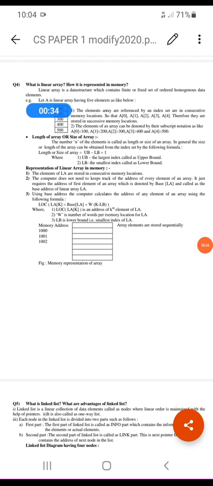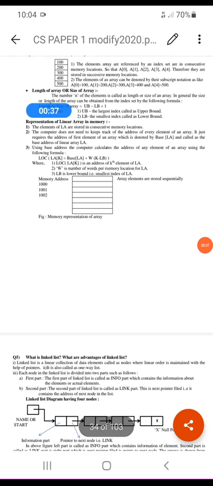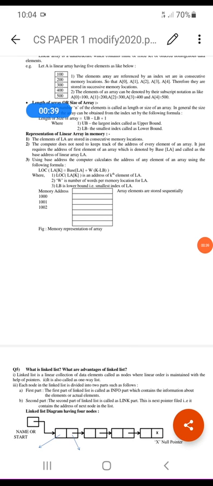So the array requires two things to define. The first is the size of the array, and second is its lower bound, that is the first memory location that is used. Then afterwards we can use consecutive memory locations to store the data elements. The upper bound indicates the last memory location used by that array, and the total array length is given by upper bound minus lower bound plus 1. It is like calculation of dates in a month.